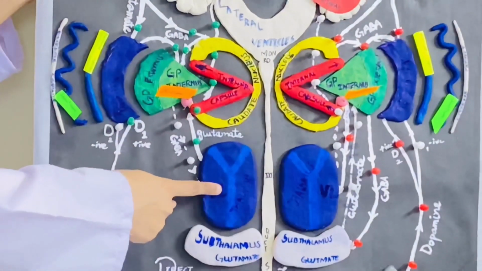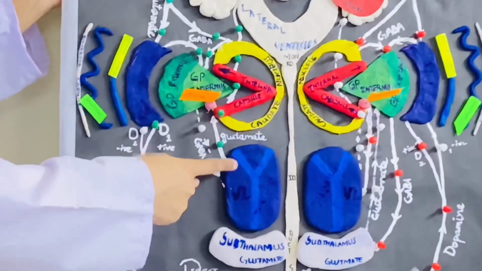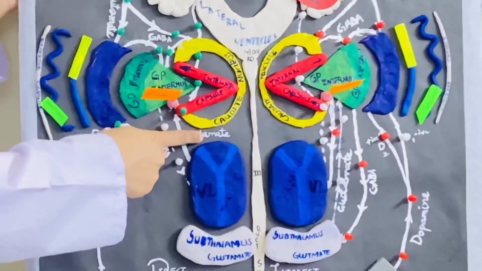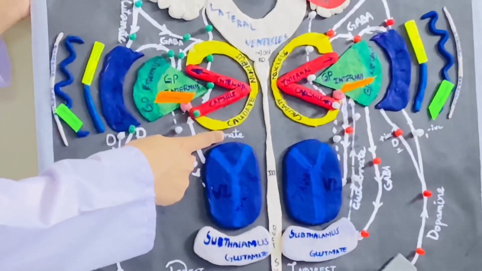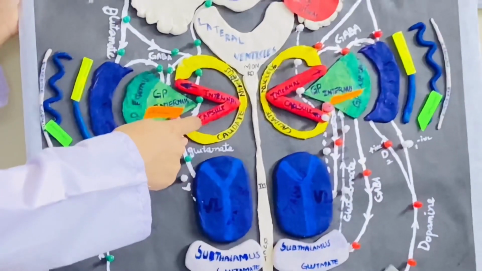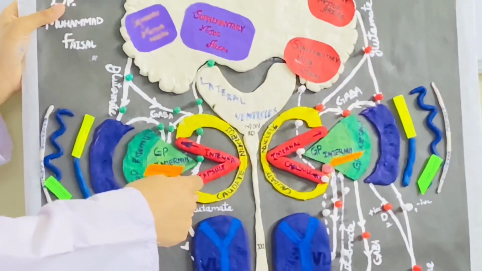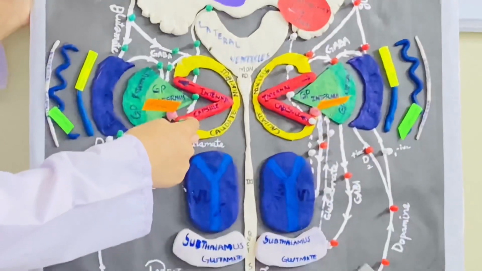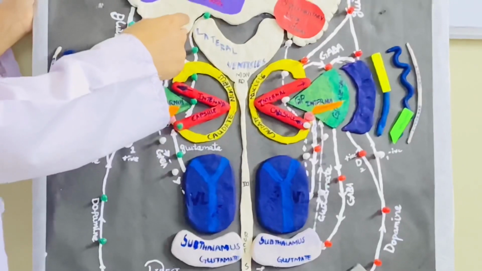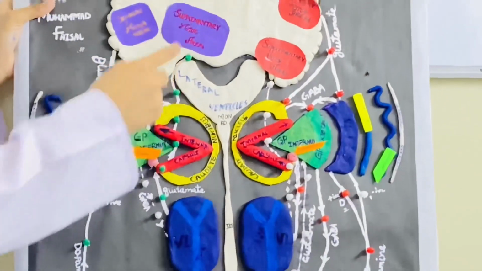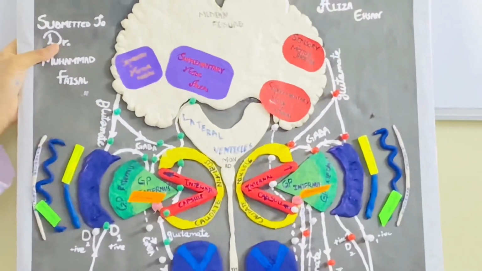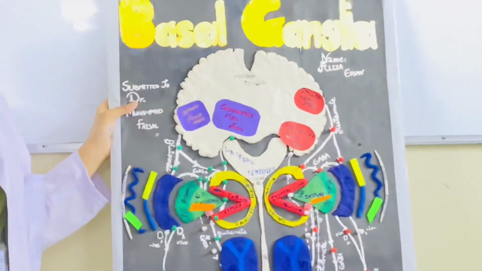From the ventrolateral nucleus of the thalamus, the fibers, which are glutamate fibers and also called excitatory fibers, go via the internal capsule, which lies in the caudate nucleus concavity. From the internal capsule, these fibers go to the supplementary motor area and help us in those functions which are required and adequate.